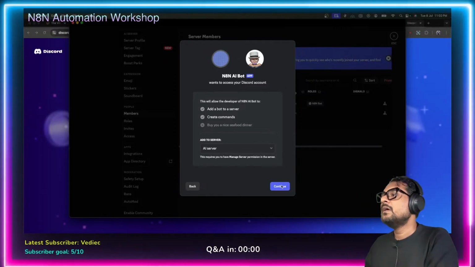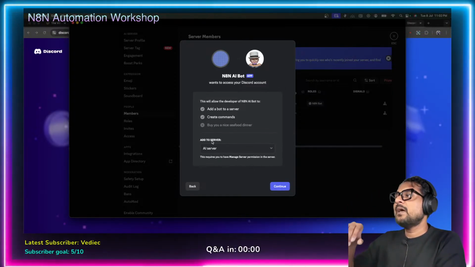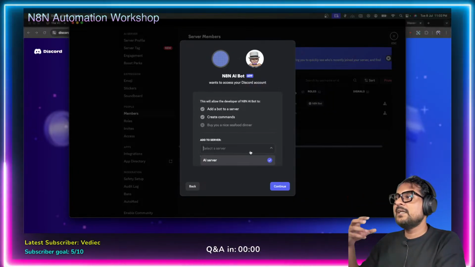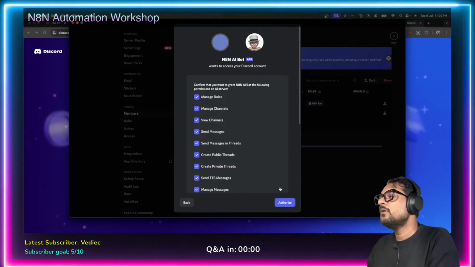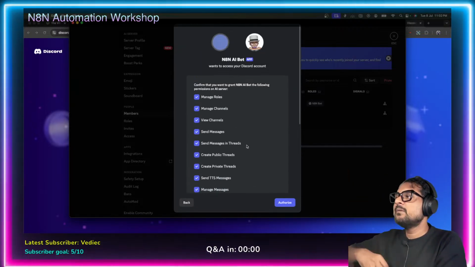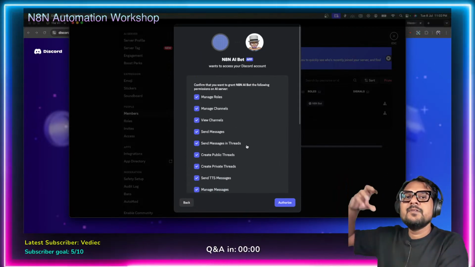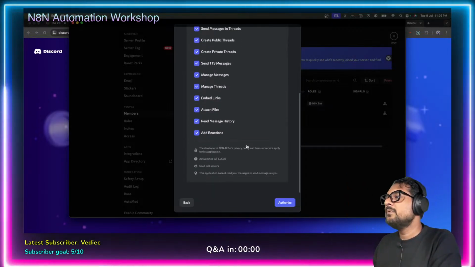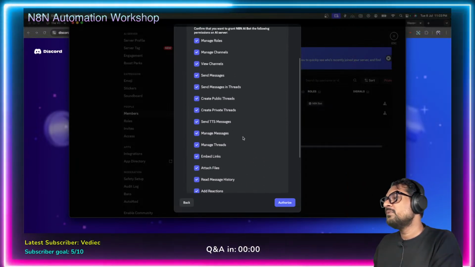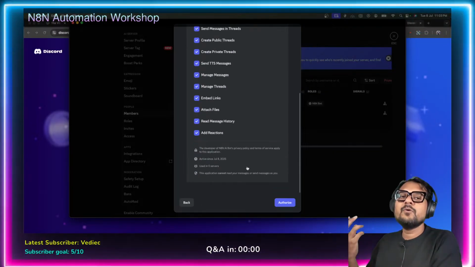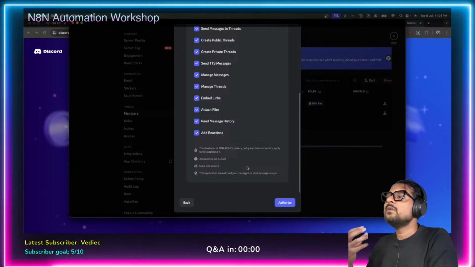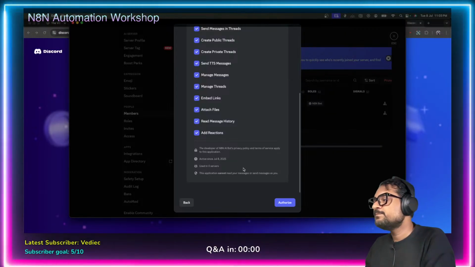So I have this AI server which I've created. This is my server. So in the next step, I just selected the server which I need the Discord bot to connect to. Okay, and then I'm going to click on continue, and all those permissions which I had added in the installation configuration have come here. Now if I see that some of these permissions I think this bot should not have, I can maybe remove them, but I know for N8N to work properly, all these permissions are needed. So I'm going to click on authorize here,